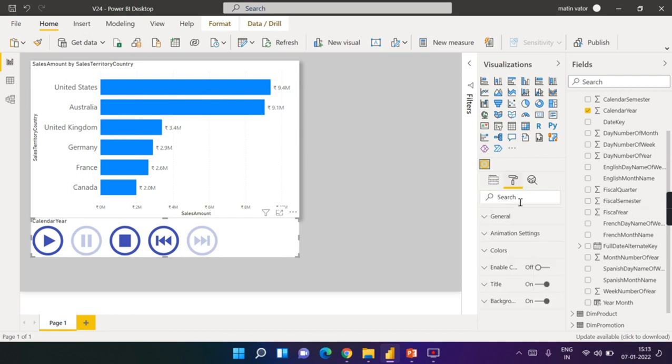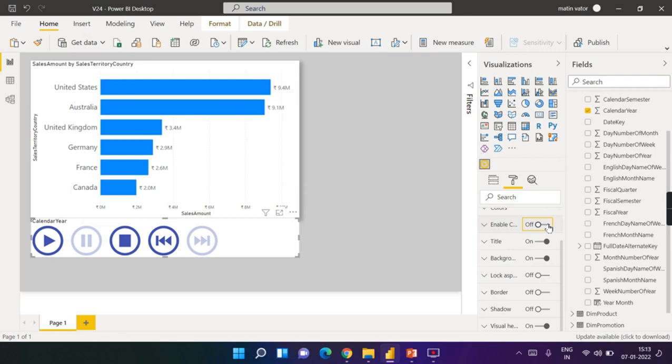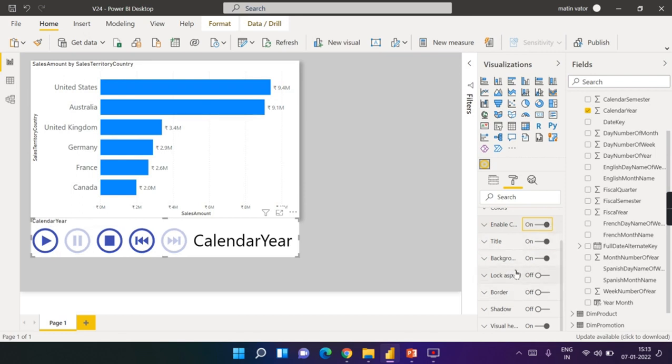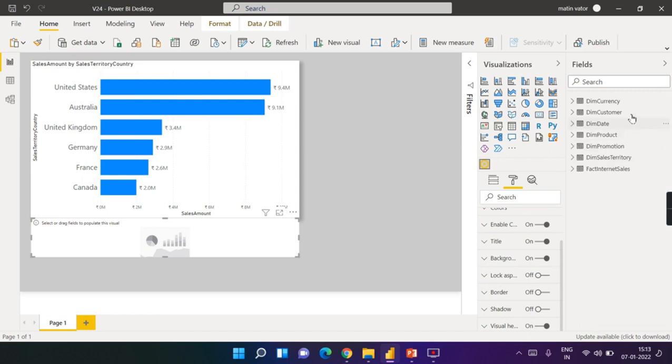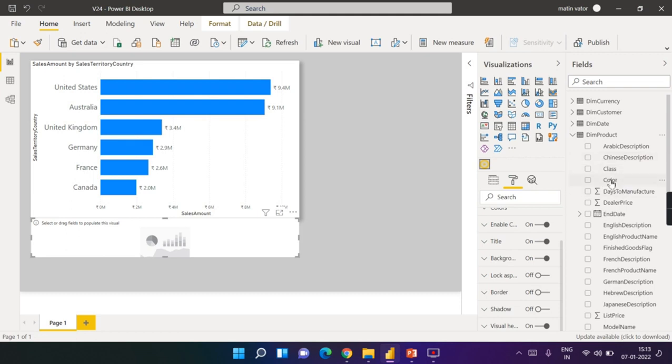Another important aspect I want to highlight here is, let me enable the caption here. Other properties are very similar. Always we have seen on the internet it is using the calendar year. It is not mandatory, it can be a year. Now this is from different products. I can use any particular text field from the product as well.